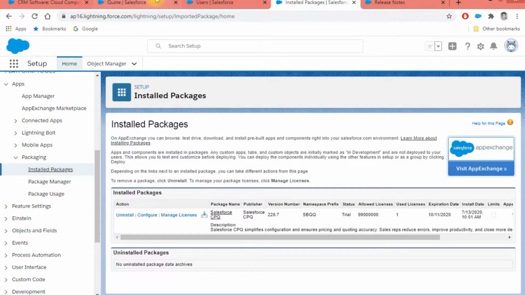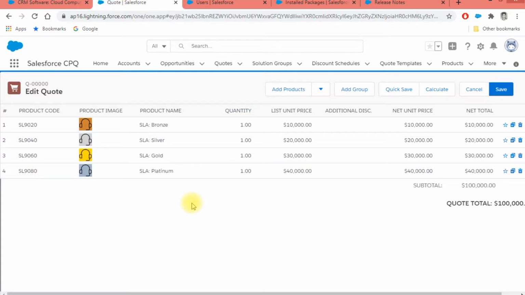The first one is that if you look at the Quote Line Editor, we don't have the flexibility to resize the columns. And most of the time, if you look at the placement of quantity, you can easily understand that this placement is not appropriate.